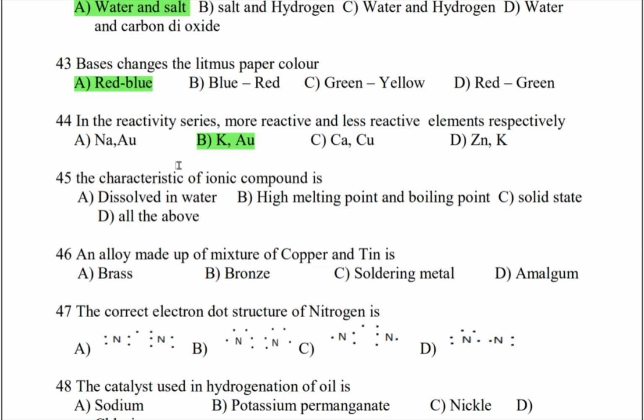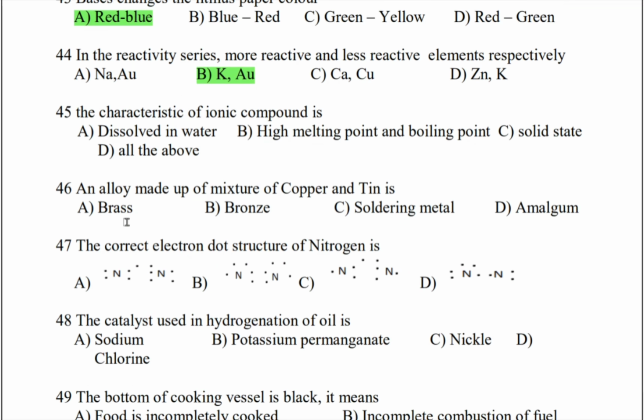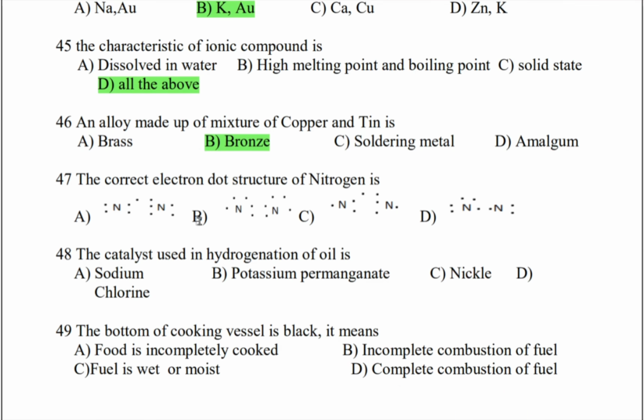Now the next question. The characteristics of ionic compounds are they can be dissolved in water, they have high melting point and boiling point, they are solid in state. Therefore, the correct answer is option D, all the above. Now the next question. An alloy made up of a mixture of copper and tin is bronze. The correct electron dot structure of nitrogen is, do observe, you can check the unit carbon and